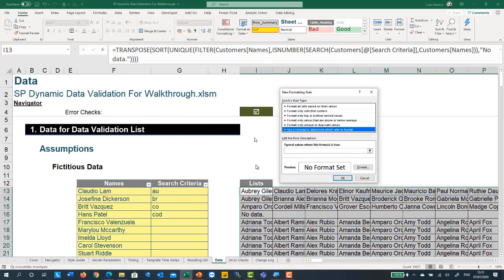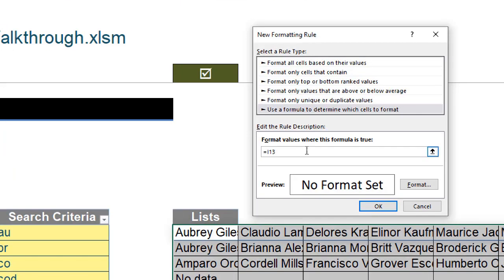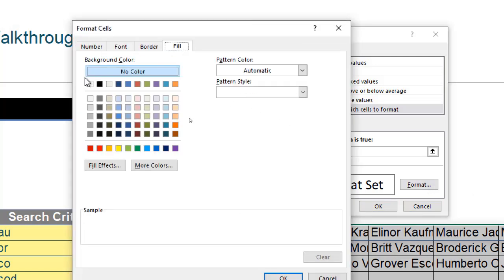So we're going to be in this top cell here, which is I13. So I'm just going to type in here equals I13 so I don't have to bother with anchoring. And then I'll just go equals open speech marks, close speech marks. So I've got that, it's just saying I13 is empty. When that happens, I'm going to format this with a fill of grey, and I'll also do some custom number